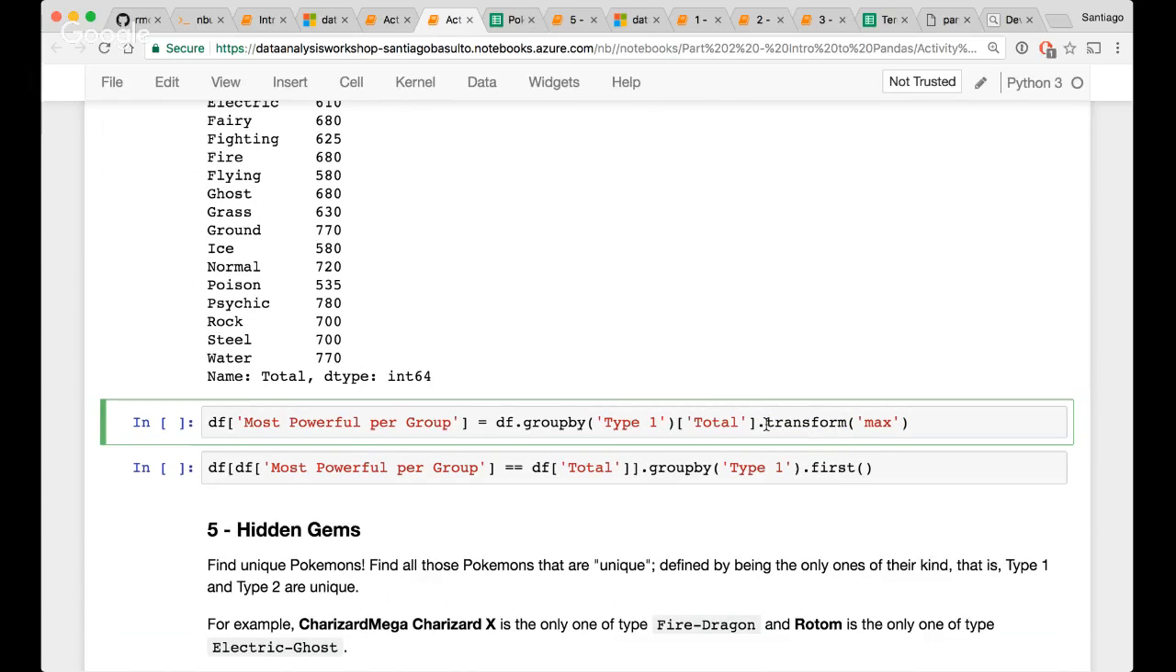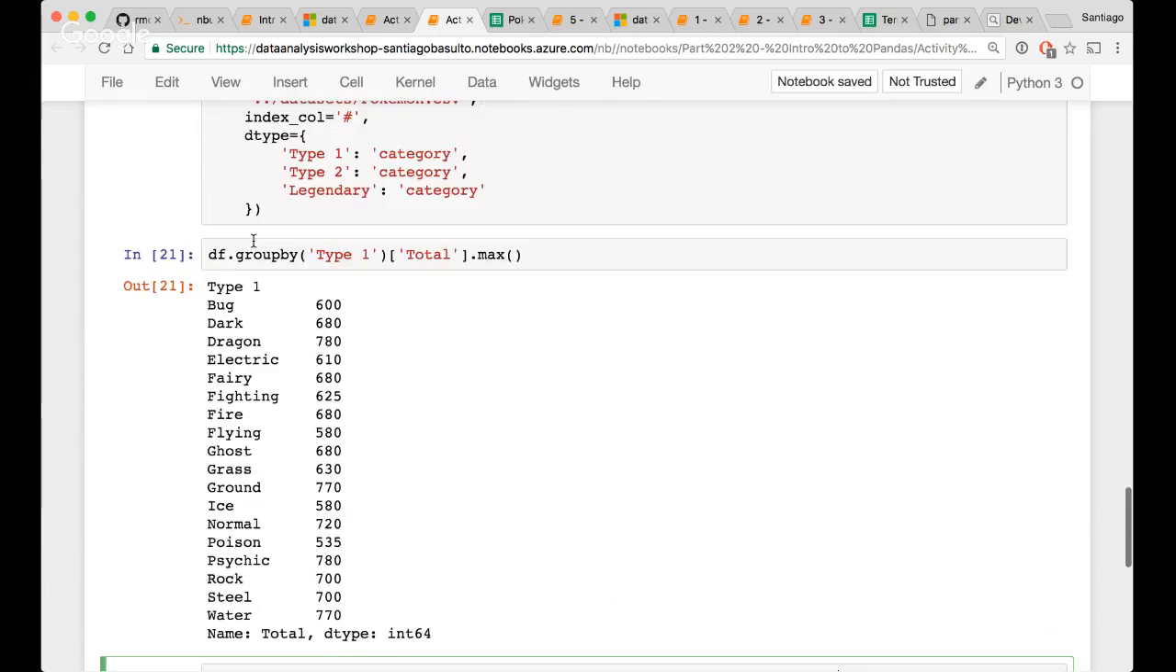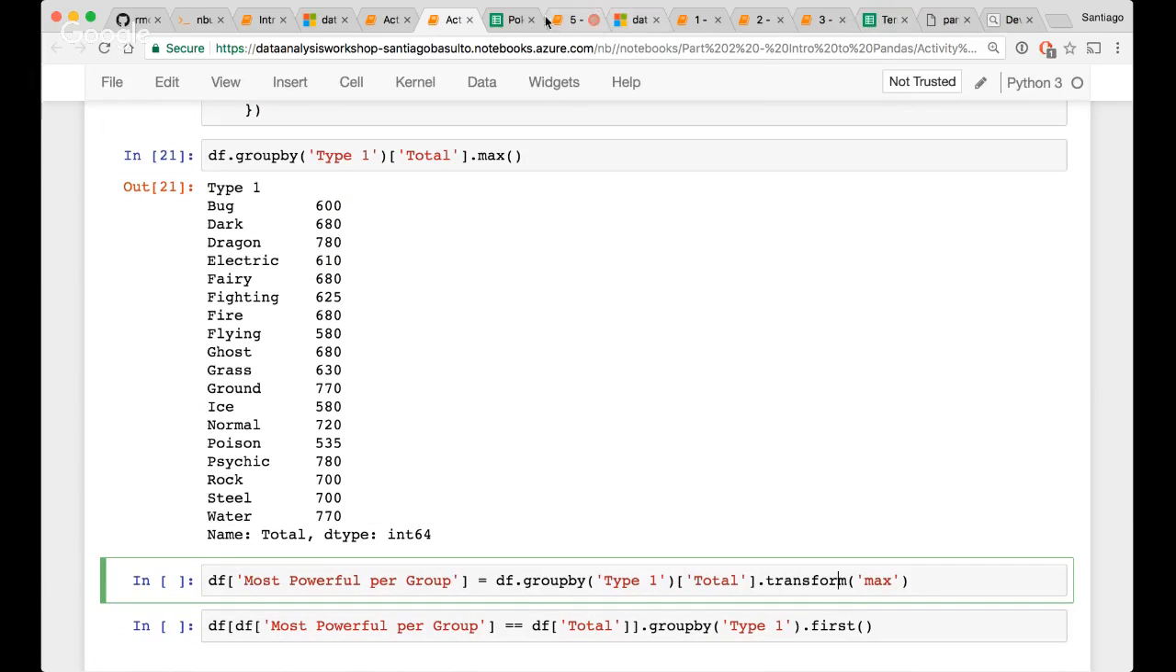Transform is similar to apply. Remember, we've used apply a few times. This transform one is used for aggregations, and what it's going to do is attach the result. So let me show you the Pokemon. For example, you have